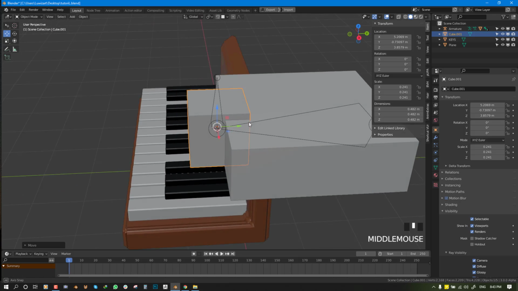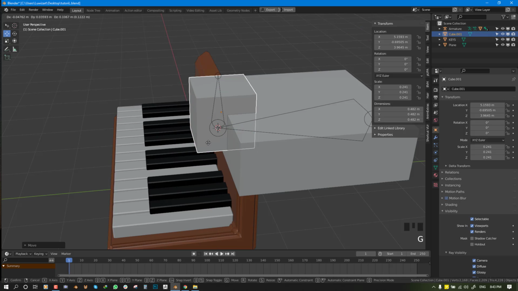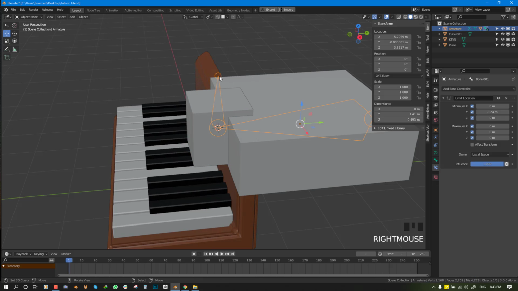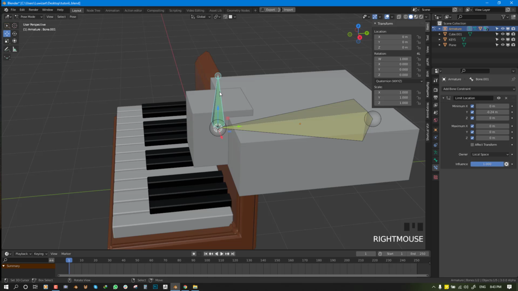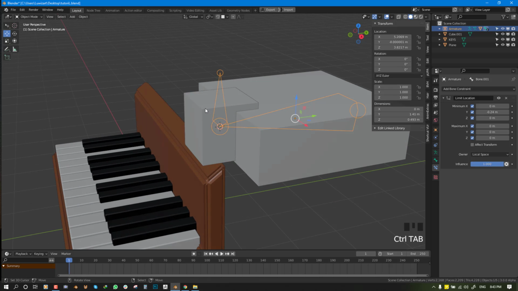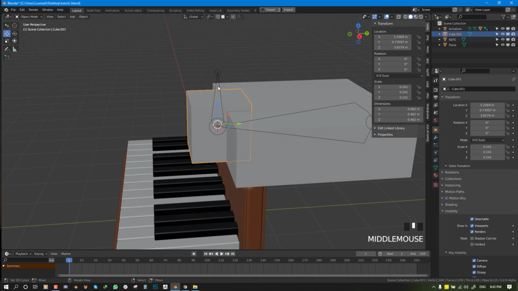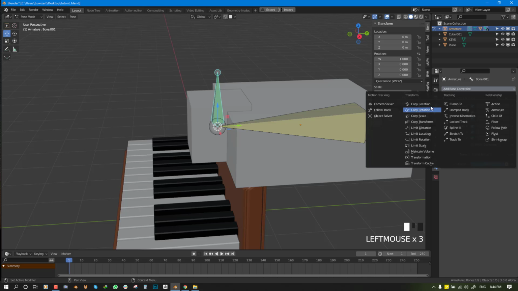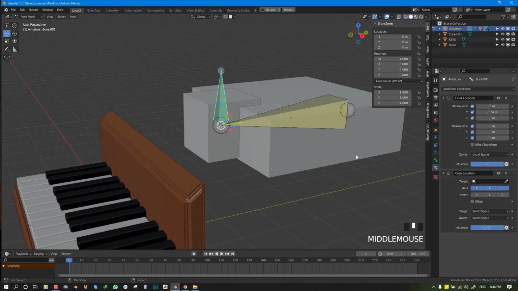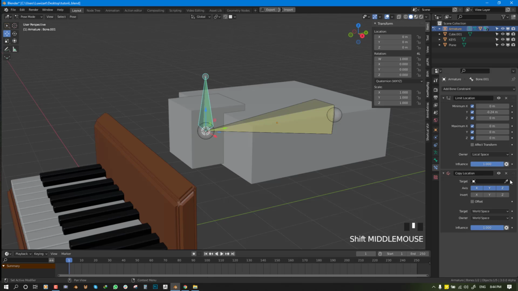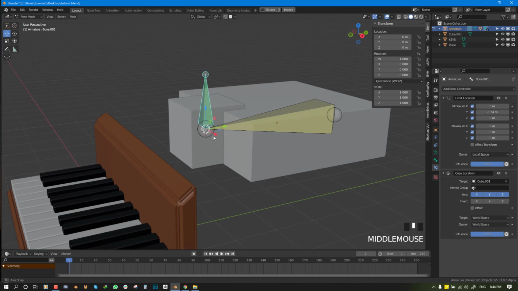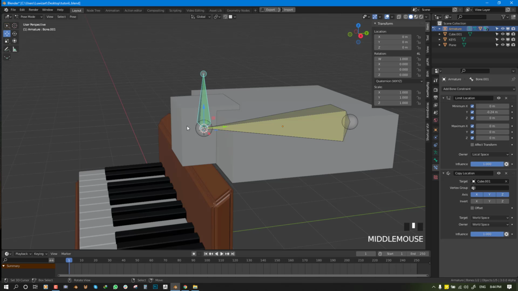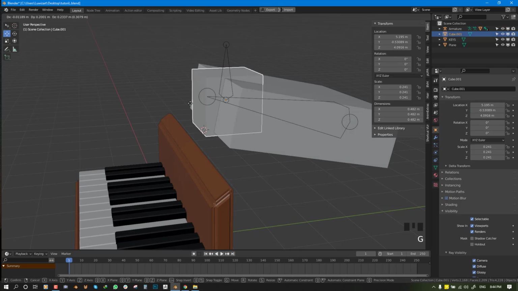Okay, so once you have your cube there, we want to tell this cube to control this particular IK bone that is moving this up. So it's kind of like a driver in object mode. For us to do that, we need another constraint. Another constraint is called the copy location constraint. And this constraint makes an object copy the location of another object. So the target is going to be this cube, and we can see it snap there. So now if we move this,